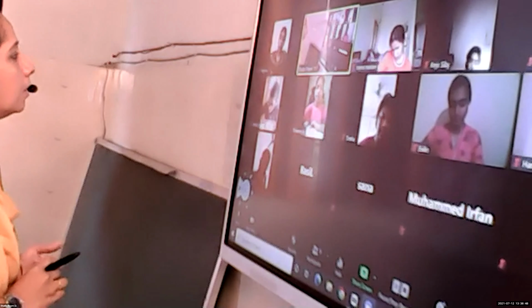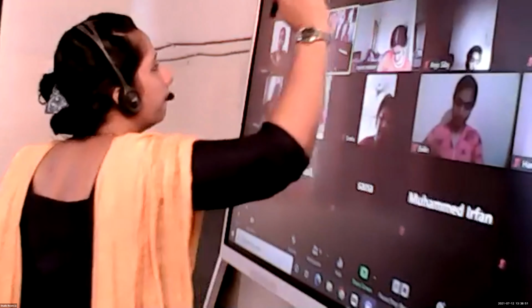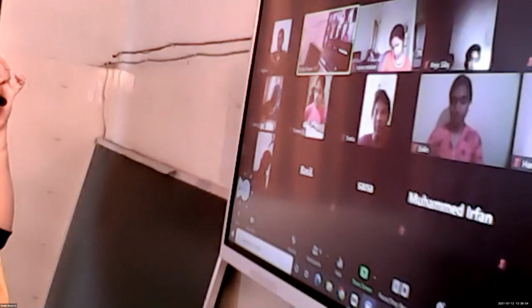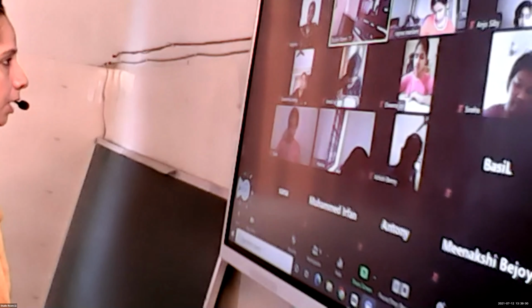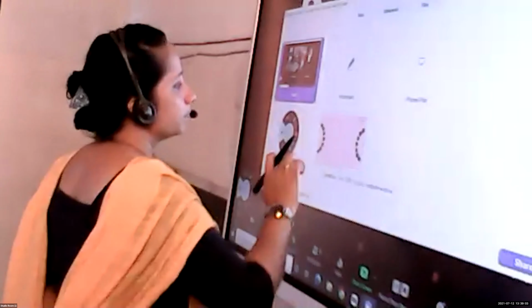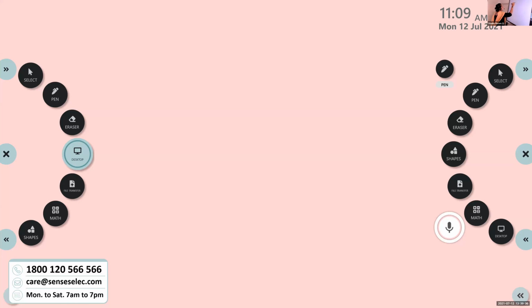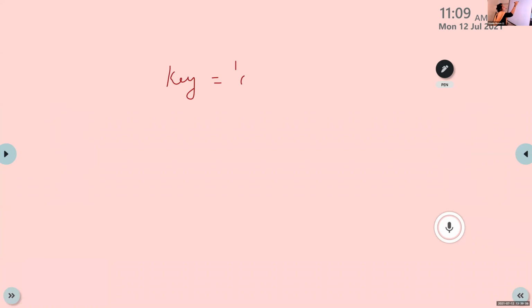The keys are ONE1, TWO2. Value it is 123.